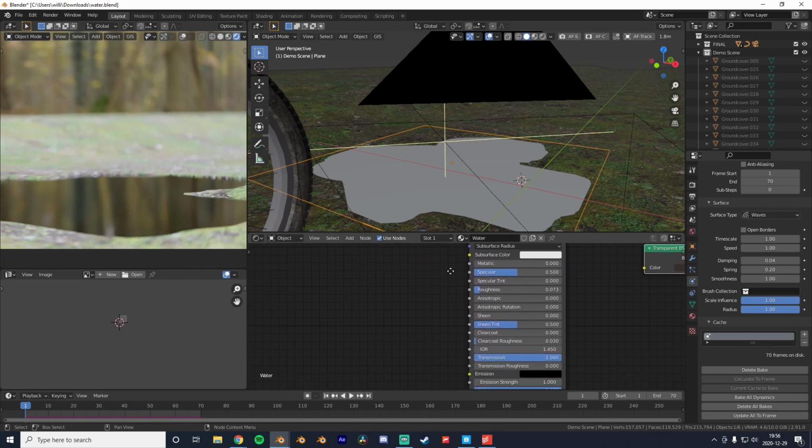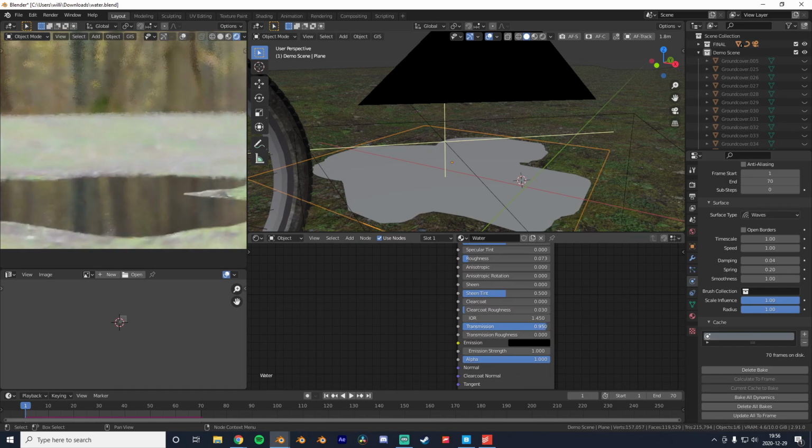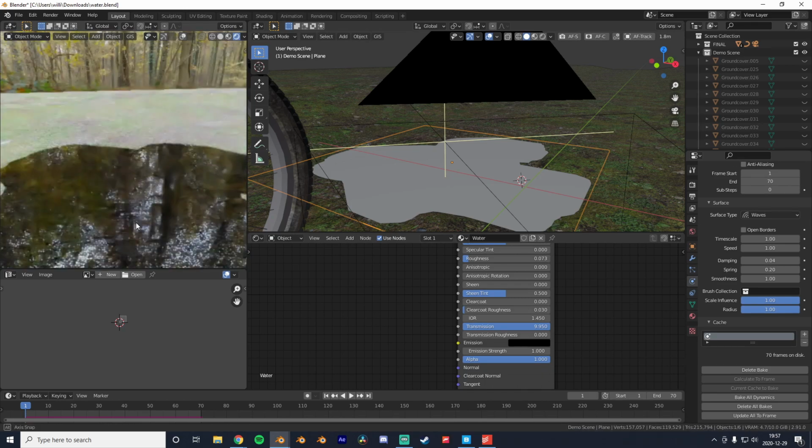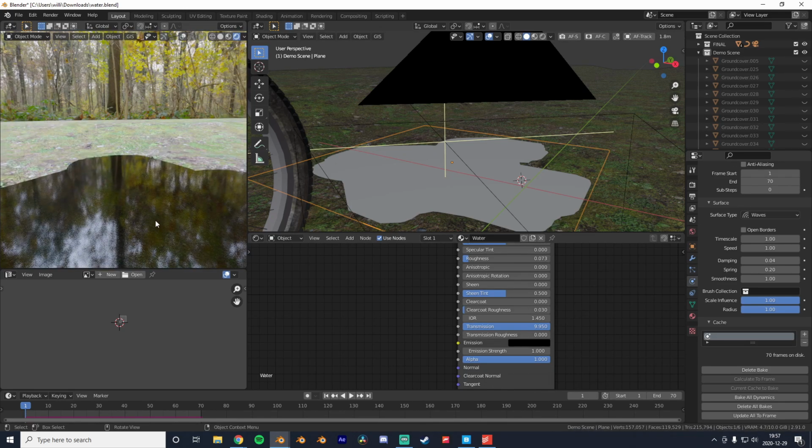Great. Once we've done that, we can mess around a little with the transmission. I'm going to set this to like 0.98, 0.95. So in my opinion, that's a great